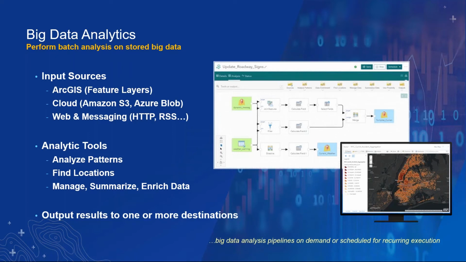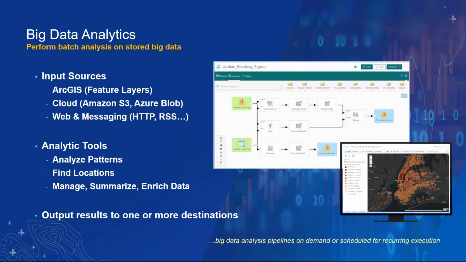With big data analytics, you can run analysis either on feature layers with data that you've stored over time, or you can reach out directly to cloud big data stores like Amazon S3 or Azure Blob and work with data that's being fed by other organizational systems. Much like with the real-time analytics, you can stitch together different tools in an overall automated process and create multiple information products at the same time on the same data. And furthermore, the same outputs are available in big data analytics, so you can take automated action in your IoT system based on overall system status.